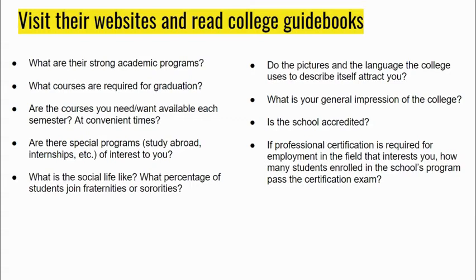Visit college websites and read college guidebooks. I don't know how much reading of college guidebooks is done anymore. Websites, of course, are updated daily. Definitely the strongest place to get this information. I highly recommend that for any college you're interested in, you spend a bunch of time on their website, checking out their majors, seeing what courses you have to take in that major to graduate, seeing where you are with your requirements to get in, and getting an idea of your overall impression of the college.